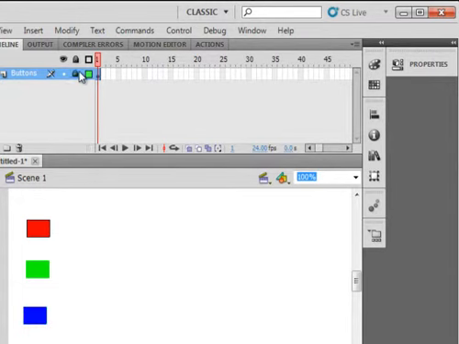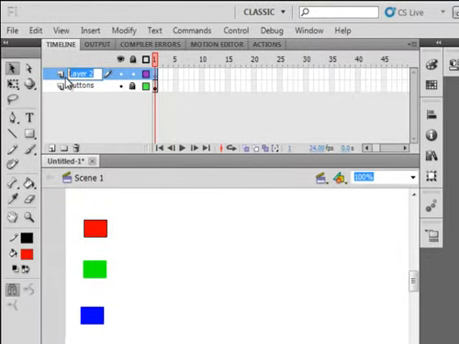Lock that layer. Insert a layer. Call it red ball, or BALLRED underscore MC. This is a movie clip. Actually, you just need to call it red ball, not MC. It's not an instance name. Ball red. The buttons layer is locked, so let's pick up an oval tool here